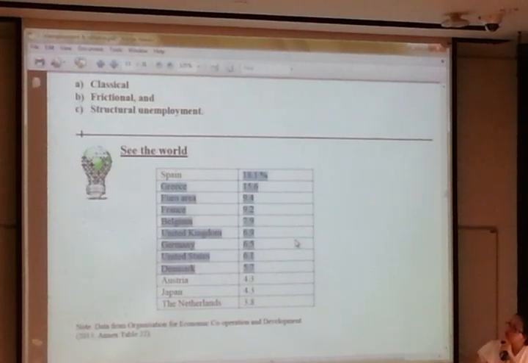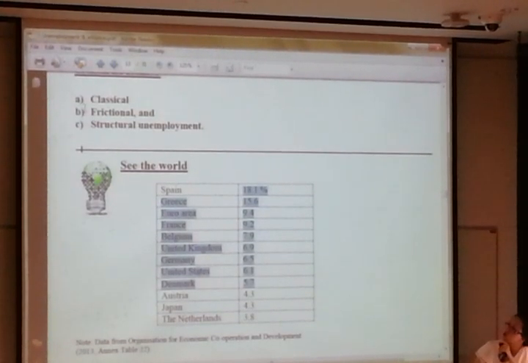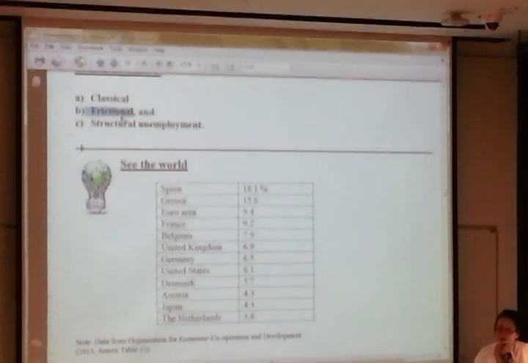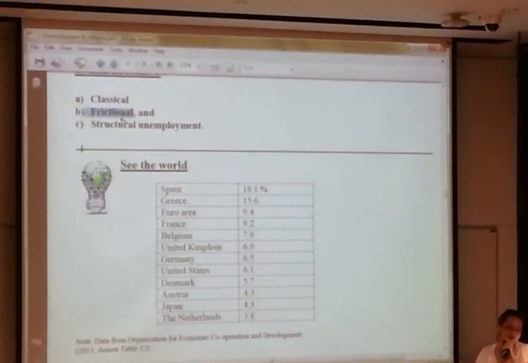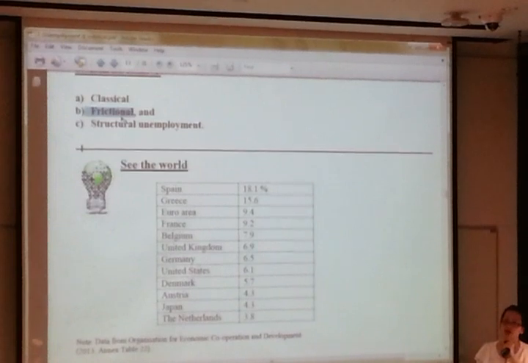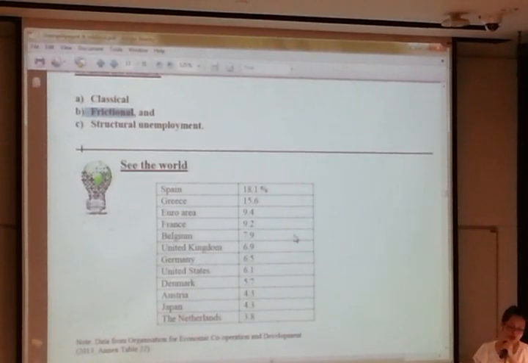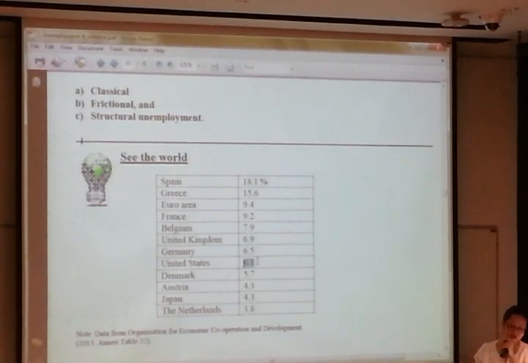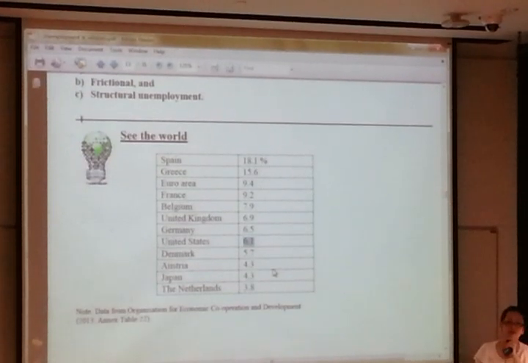And you can see these are the countries that I showed you, where the youth unemployment was very high. So frictional unemployment can be very serious. So the natural rate must be the basis of comparison. Then you tackle your own unemployment problem. But if your natural rate is far too high, your economy is quite unsound. So for the US, the natural rate is 6.1, which is very unsound.